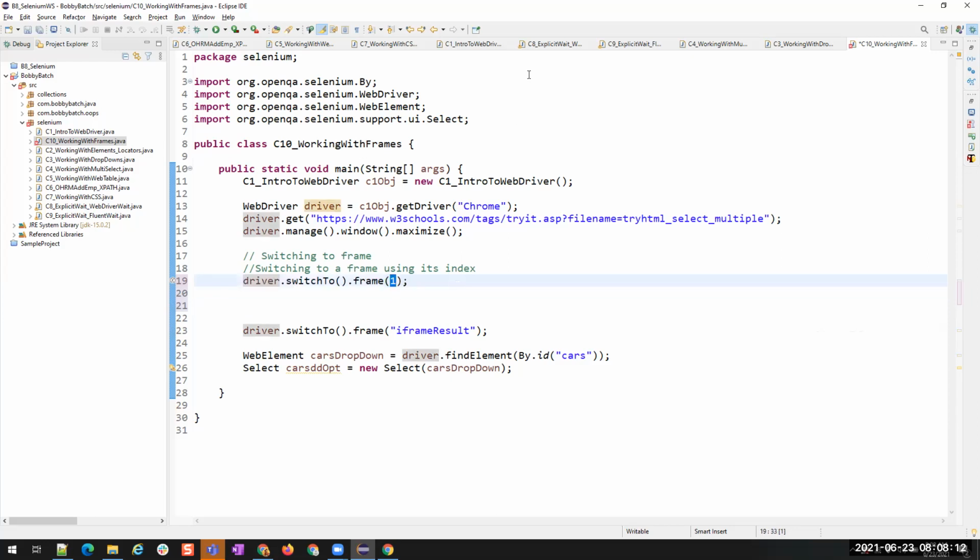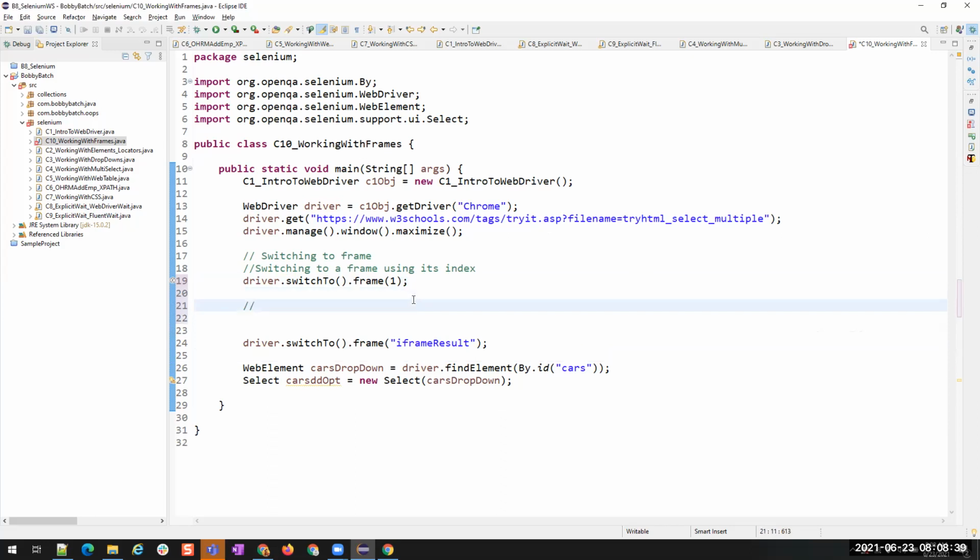Is that clear how to switch to a frame using an index? Okay, fine. Now this is one way, switching to a frame using its index, and then we have another,